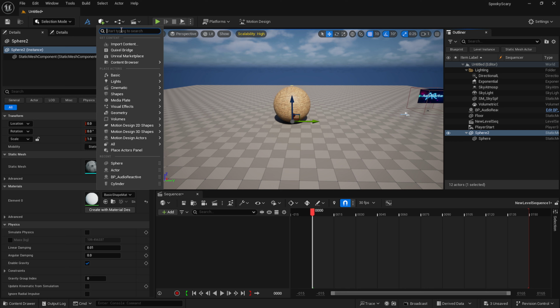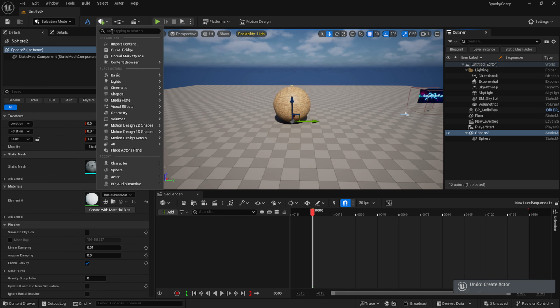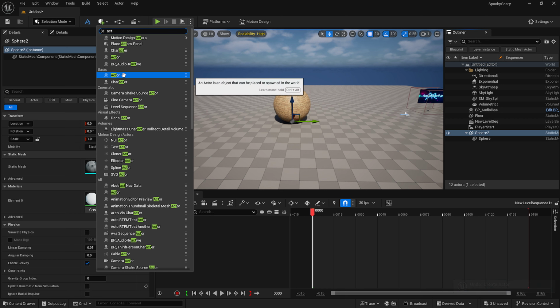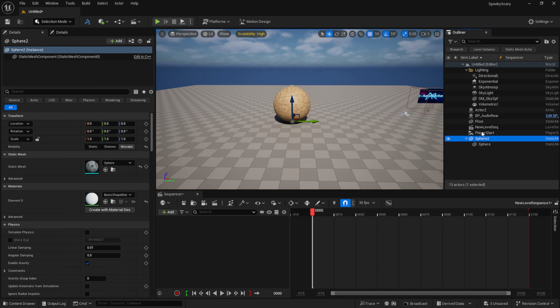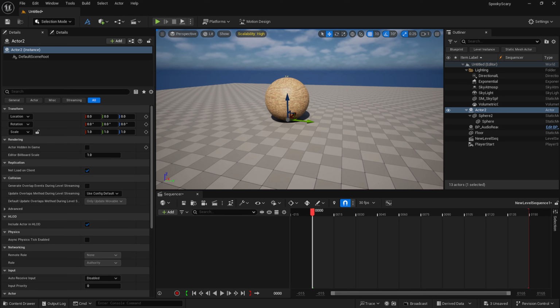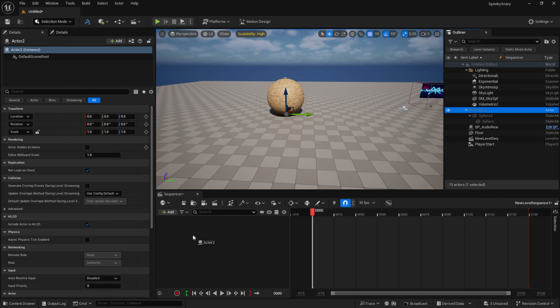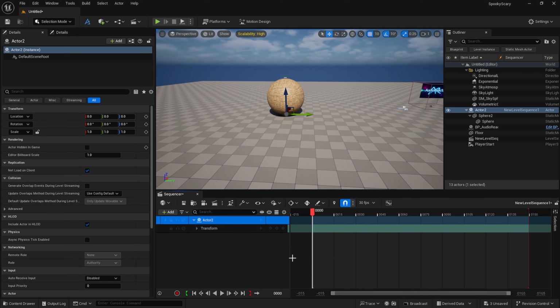And just to go over real fast how we can again now add that third layer on top, let's go ahead and throw in one more actor. Not a character, actor. There we go. Put him in origin. And let's take our sphere 2 and move it underneath our new actor. So now we have our child, the parent, and I guess the grandparent? Sure. And let's go ahead and throw this actor into our timeline. We'll give it a transform track.